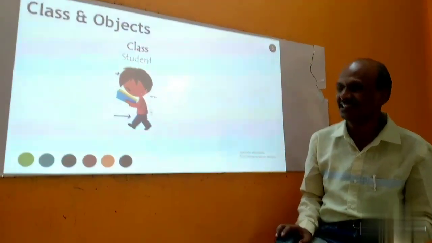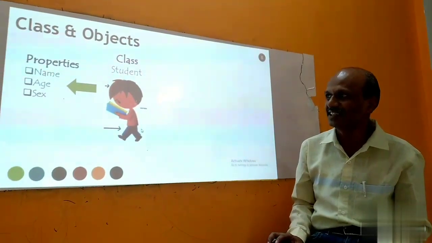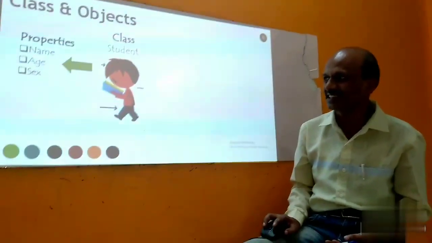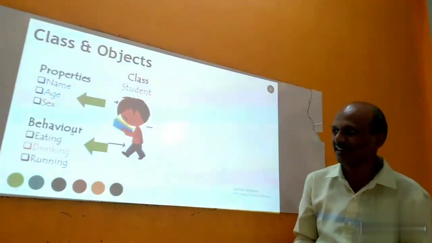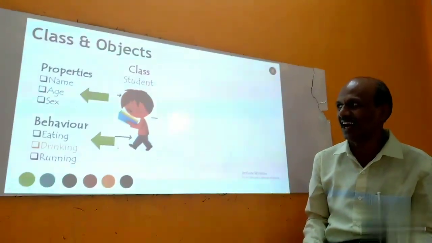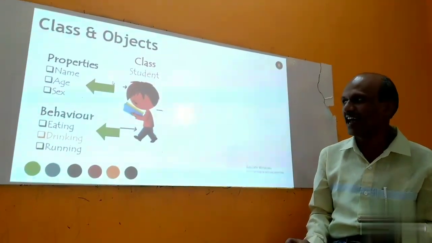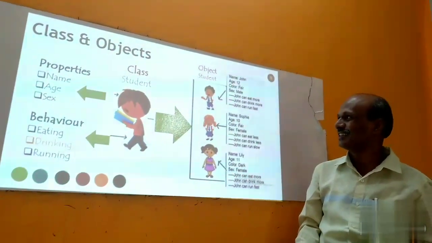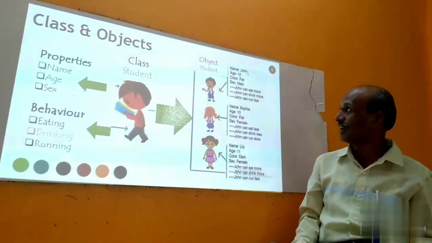This is a class Student, with a definition of properties of a student as name, age and sex. And every student has behavior such as eating, drinking and running. So I have defined this class as Student. Once I have this definition, I can create a number of objects, such as an object with the particular name John,